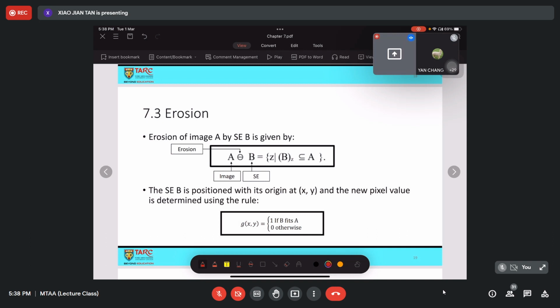Opening and closing is just the combination of erosion and dilation. So basically it is just the same, just increase or decrease in size. That's all.